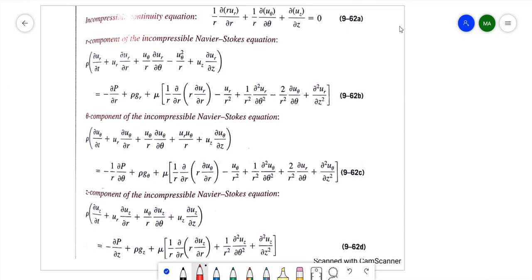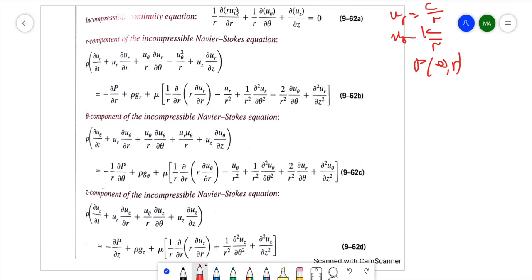So what we have, the flow is 2D. We have u_r equal to C over r, and we have u_theta equal to K over r. Don't forget those two. And we need to find P as a function of theta and r. So the continuity equation is of no use for us, but if you just want to verify the continuity equation for this flow,